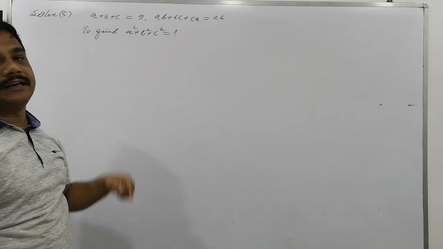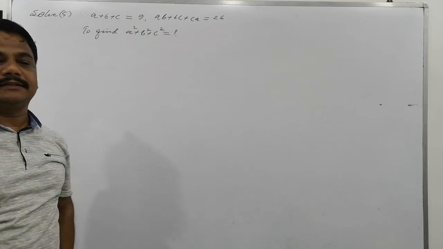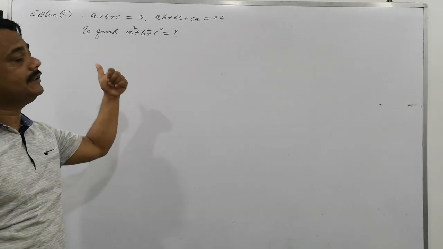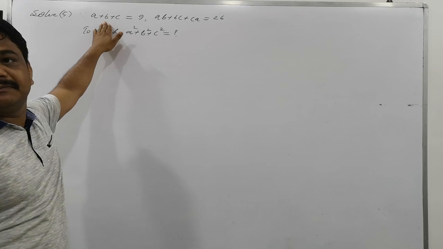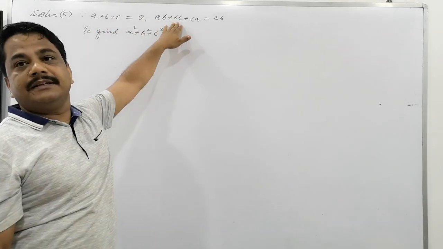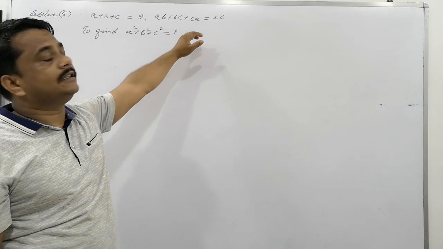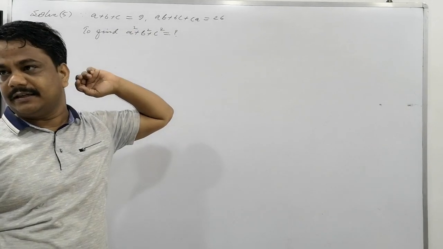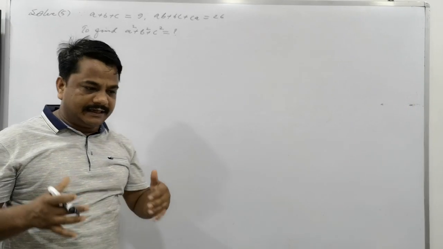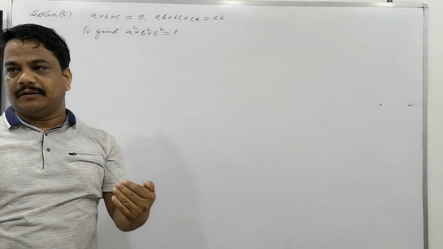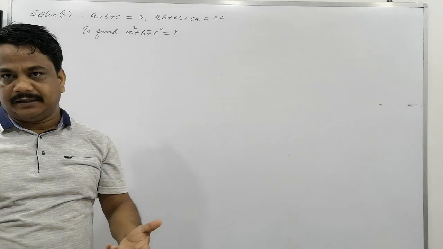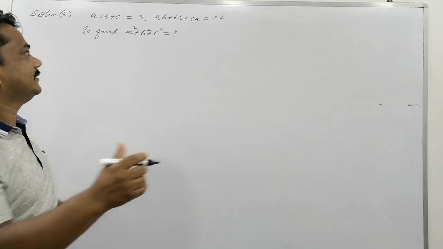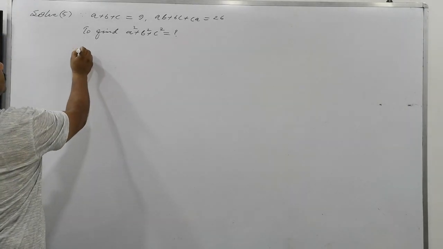Obviously three things are involved here. Listen here, please. Is there any identity relating them? You have to use A plus B plus C, and AB, BC, CA together as 26, and by using them find A square plus B square plus C square. Is that clear? So is there any relationship between the sum of squares and their sum, and the sum of products taken two at a time? So tell me, what is the identity associated with this?